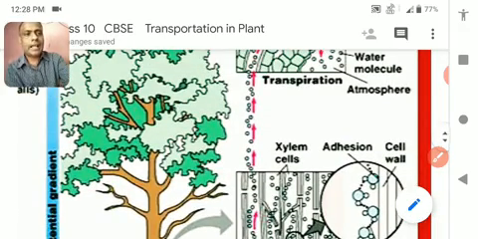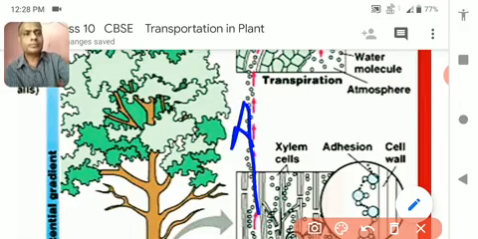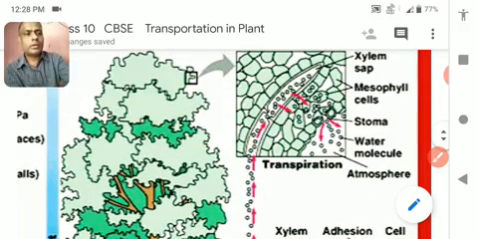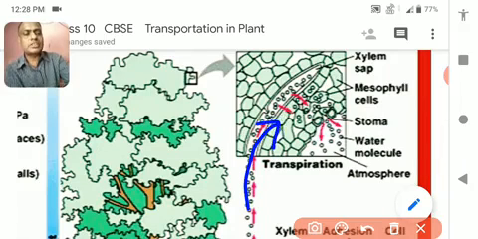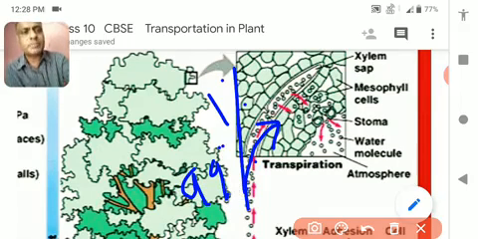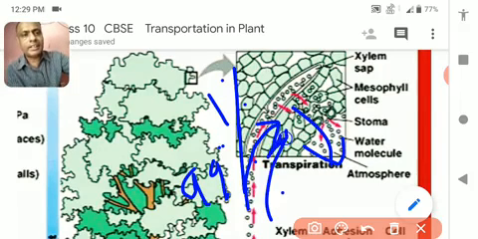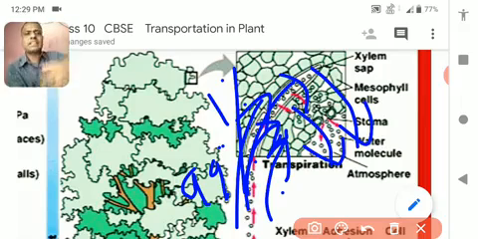Now as the water is moving upward, it reaches the leaves, and when it reaches the leaves, only 1% of water is utilized for photosynthesis. Later on, 99% of water is transpired out. You see, water is transpired. As the water is transpired, another pressure is exerted on the xylem to draw more water so that it can continue the process, and again the water comes, again it is transpired out, again the water comes. So a continuous pressure is exerted on the xylem to draw water from the root.